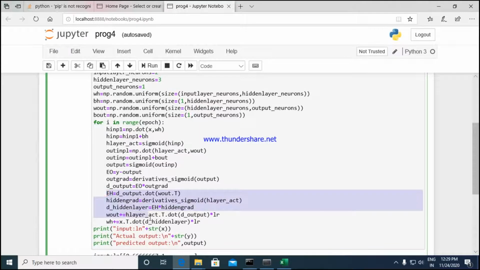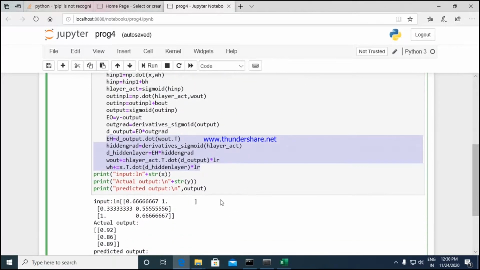And then the backward pass. What do we do in the backward pass? Whatever error value has been generated, we take that error value and move back in the neural network, and in the course of moving back, we reinitialize the weight values according to the error value that has been generated. Here we make use of the learning rate. LR stands for learning rate, and I have already told you in the theory discussion what the learning rate is and what role it plays in updating the weight values.